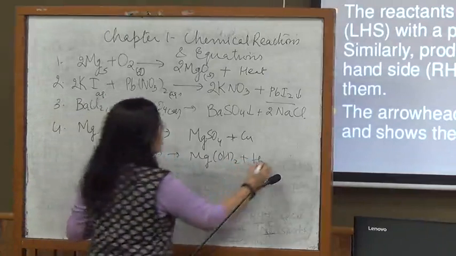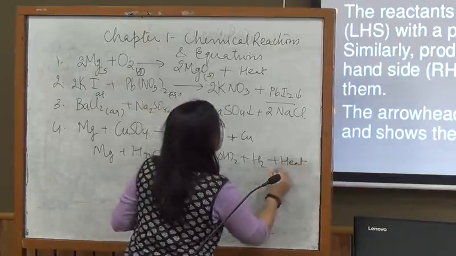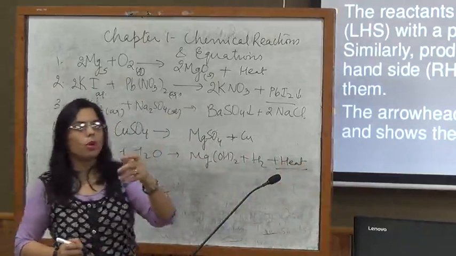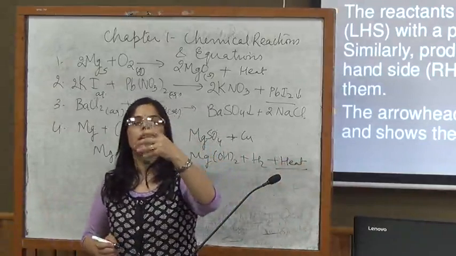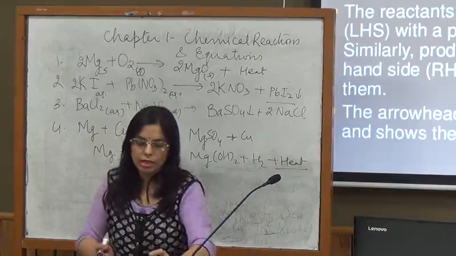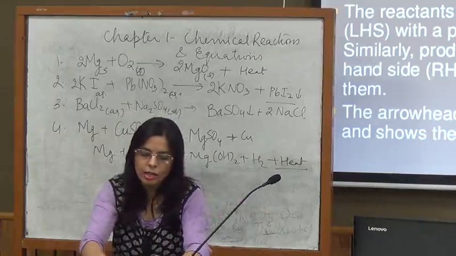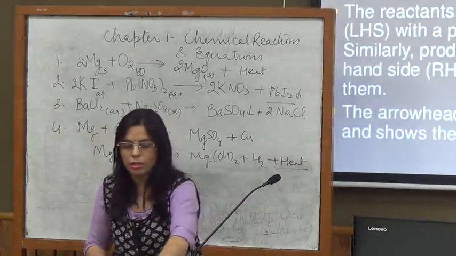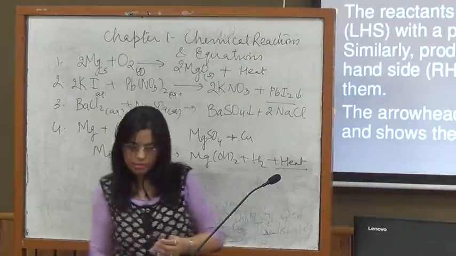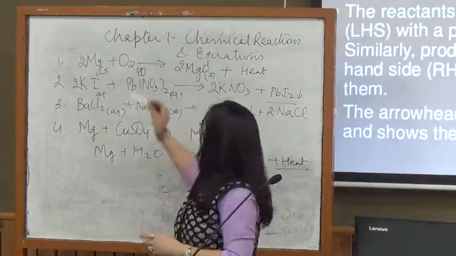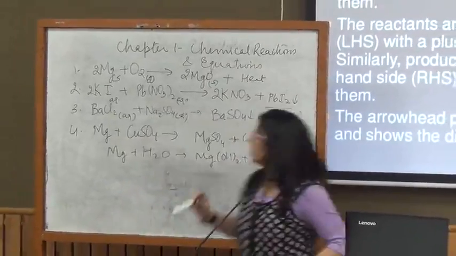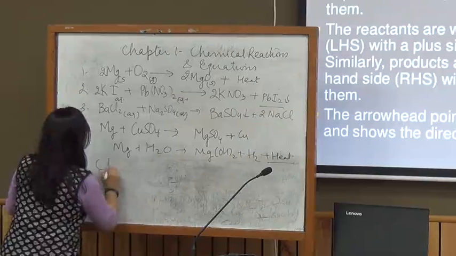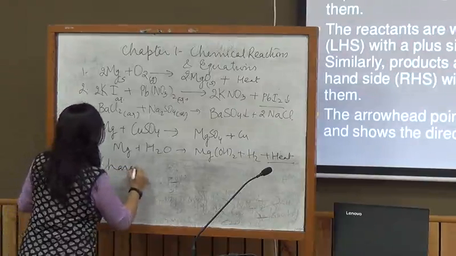So there is evolution of a gas as well as heat, energy in the form of heat. So all these reactions guide us about certain changes which are known as characteristics of chemical reactions. So I am discarding these solutions. Now let us study about each of these cases. So in this reaction there were characteristics of chemical reactions we are studying.